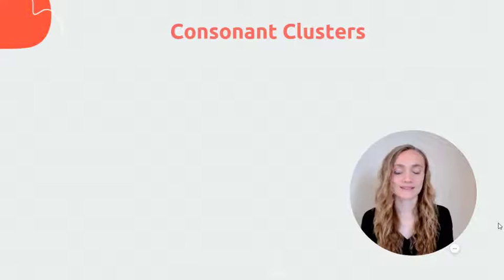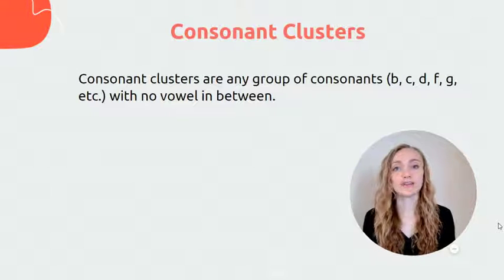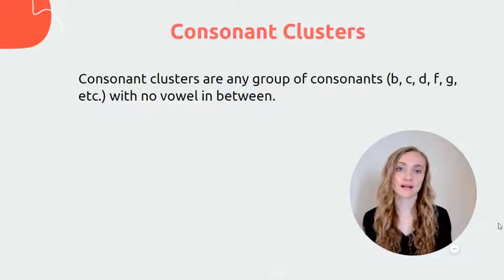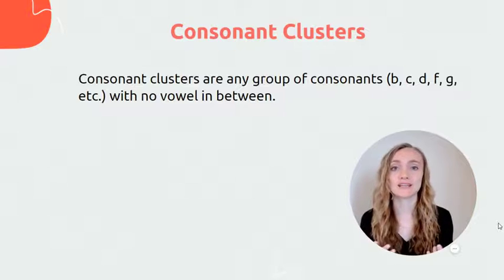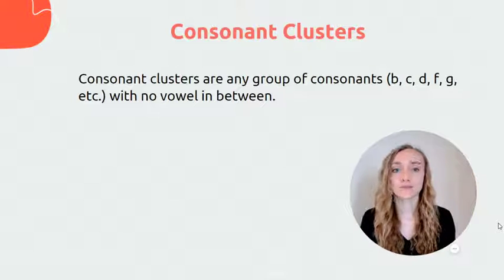So what are consonant clusters? Consonant clusters are any group of consonants with no vowel in between. Now, remember, we talked about in our introduction to pronunciation training and how all of this works, we talked about the difference between consonants and vowels. So remember, consonants are letters like B, C, D, F, G, K, L, M, N, P. In this case, we're talking about the sound that the letters make, right? We're always talking about the representation of the sound of the letters. So in this case, with these examples on the screen, b, d, f, g, those are the sounds that these